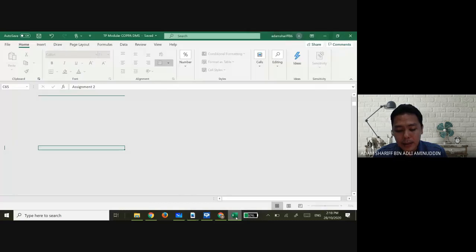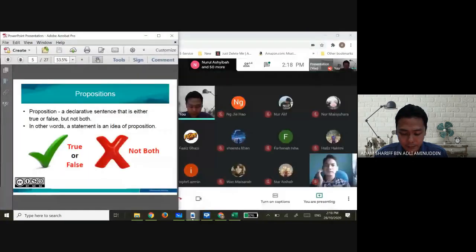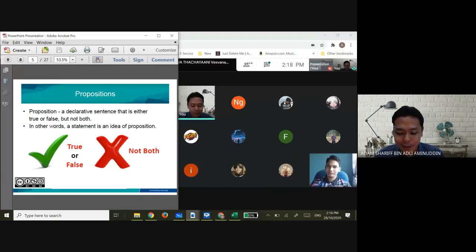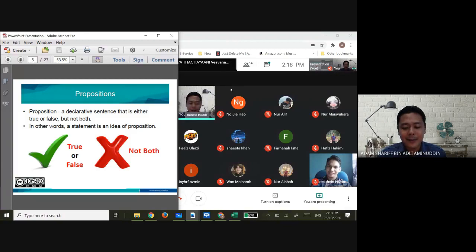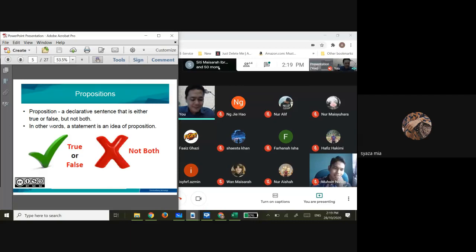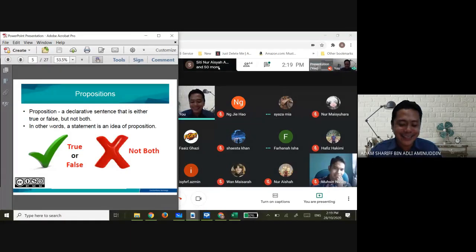Okay, apakah itu logic? Okay, sometimes when you heard this question, sometimes your friends say like this, what do you say is not logic? Apa yang kau cakap ni tak logik? Okay, logic tu apa sebenarnya? Can someone try to give the answer? Logik tu apa? Orang kata kan, apa yang hang cakap ni tak logik lah. Logik tu apa? Benda yang masuk akal. Ya, betul. I like that. It makes sense or not.